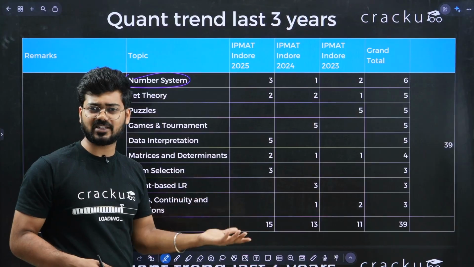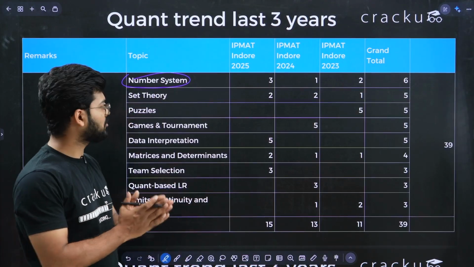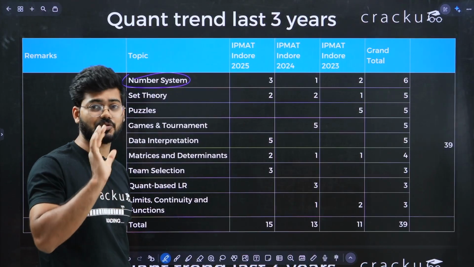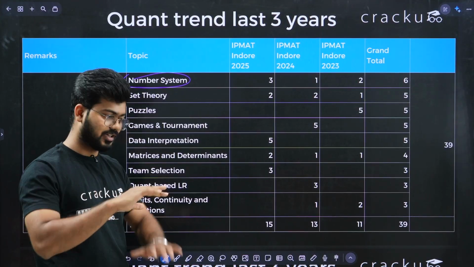Remainders, LCM, HCF based questions, multiple varieties. So definitely all of these, what is written here, you should not miss the easy questions at least, right? We have to cover, like